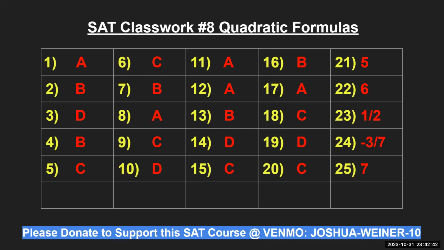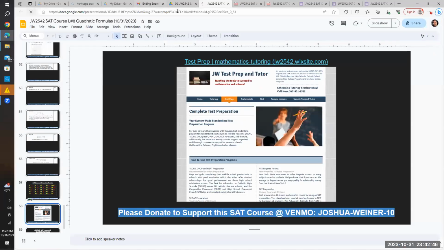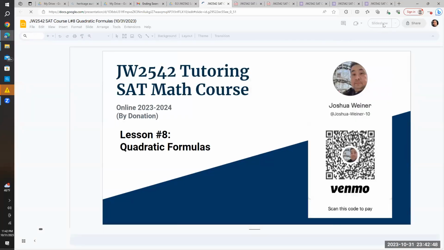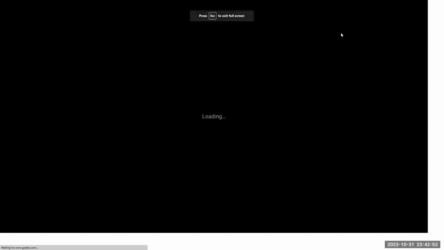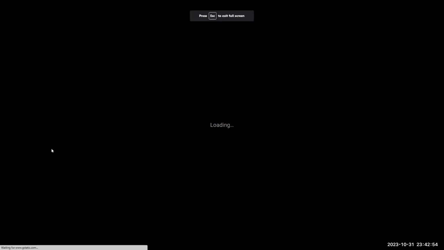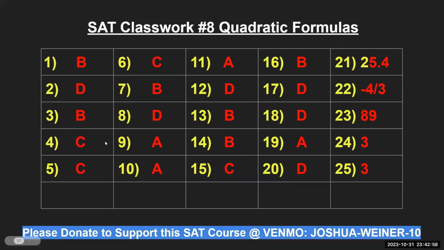Wait a minute, that is incorrect. I need to refresh the page. Forgive me, excuse me just a second. Sorry, let me reset the slideshow because I had to double check the answers while I was working on that. Exactly. So, pardon me. For classwork number 8, 1 was B like Bravo, 2 was D, 3 was B, 4